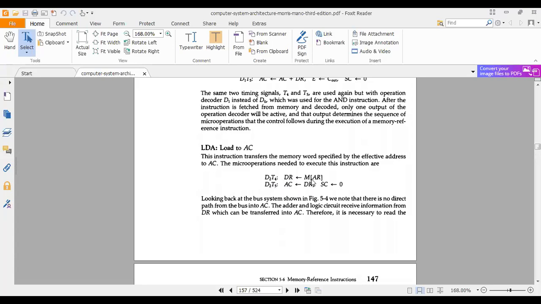So at T5, that operation is completed because you are only going for loading. So that's why it is now completed, and your sequence counter SC should be again 0. That means you are clearing it. That means again the sequence counter starts timing from T0, T1, T2, T3, all that stuff. Okay. So if you don't have many more operations, this is the loading of the accumulator. If you have a problem, you can tell me. Otherwise, we move to other operations because these are very simple ones right now.